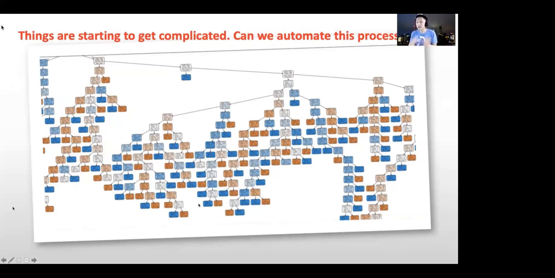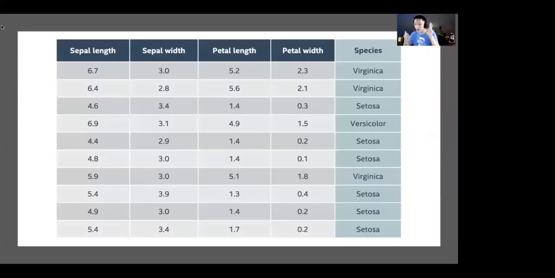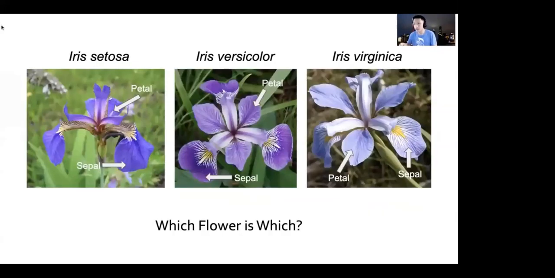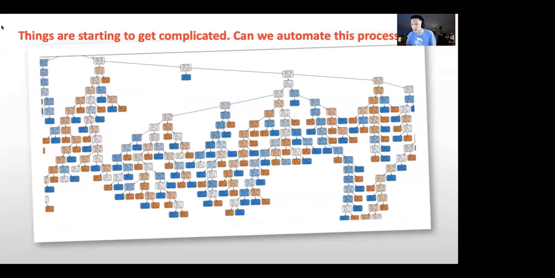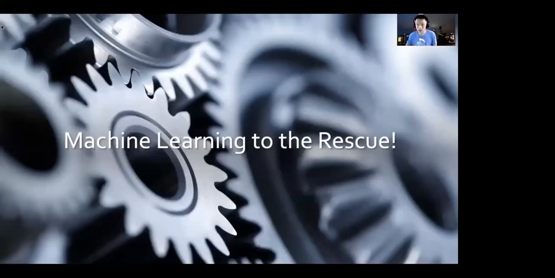So things are starting to get a little bit complicated, and data is very messy. It's very complicated. There are all these confounding variables. They're all messing with each other. And in the first place, there are just so many variables. So clearly, this isn't going to work. Like in the very beginning, we have this machine learning problem that we could have solved just by looking at it. But we're getting to these increasingly complicated and complex things where it's not as easy to draw these easy decision boundaries. So that's where machine learning comes in.